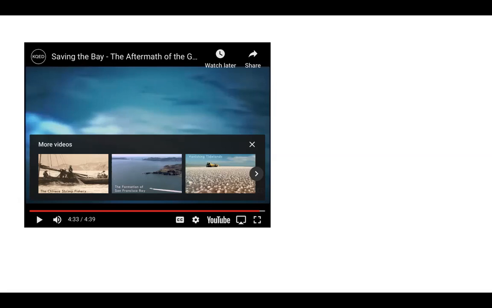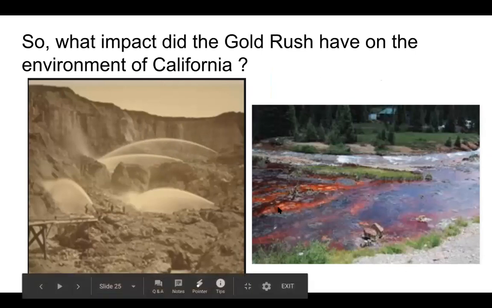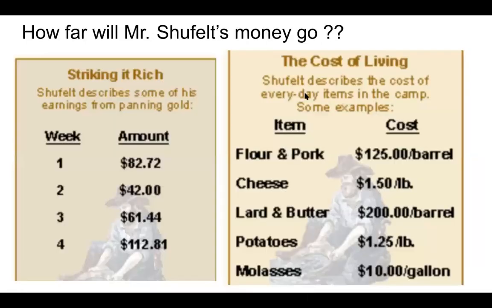And then the mercury poisoning that's happened as a result as well, because they were using mercury to separate the gold from the rest of the rock material. So definitely some issues for today. These are great things to include when we do our effect statements. So again, imagery here of these big hoses just wiping away the land and the hillsides there. And then here you can see the pollution of the streams here in California as a result of the gold rush. So this I really like showing with students too.